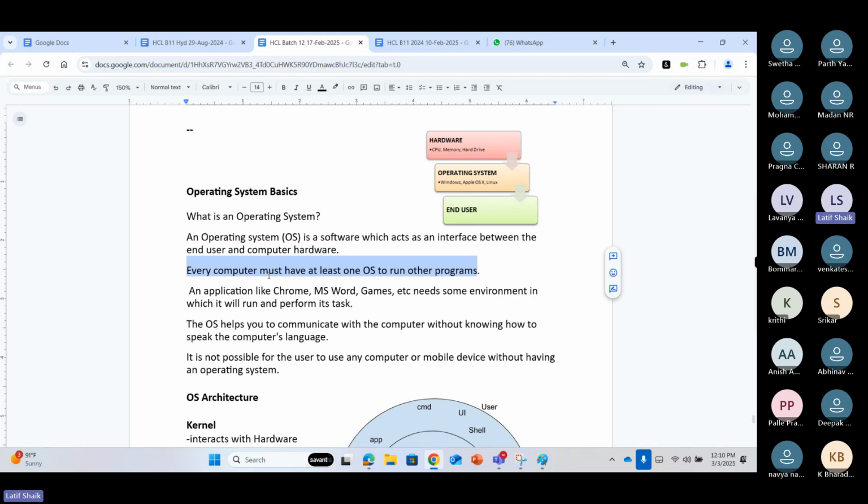The operating system provides the environment to run different applications like Google Chrome, web browsers, Word, Excel, PowerPoint, and games. All need some environment to run and perform their tasks. The operating system helps you communicate with a computer without knowing how to speak computer language,